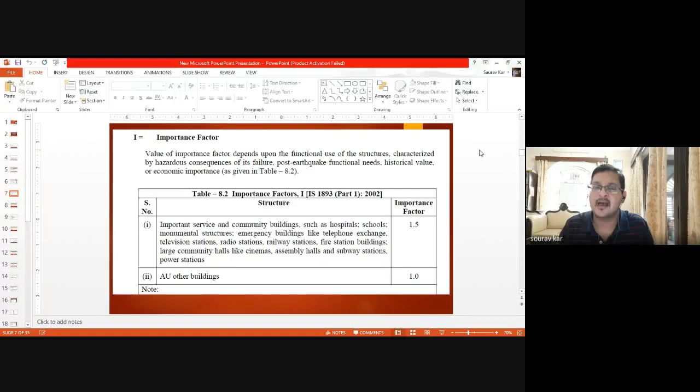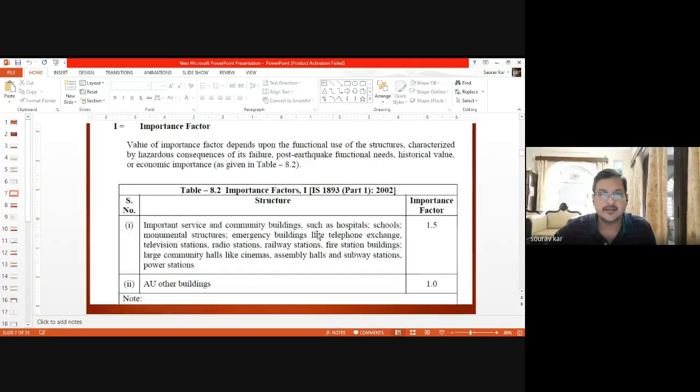Based on that, our importance factor is 1 or 1.5. It is well written that important service and community buildings such as hospitals, schools, monumental structures, emergency buildings like telephone exchange, large community halls, and cinemas take the importance factor 1.5, and other buildings, that is residential buildings, take 1.